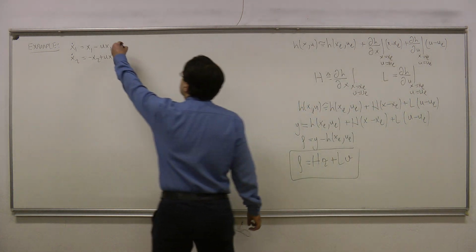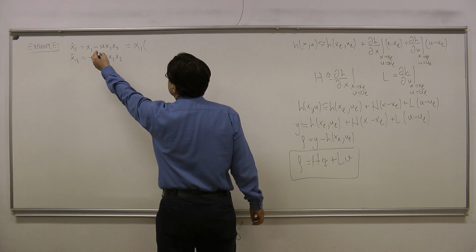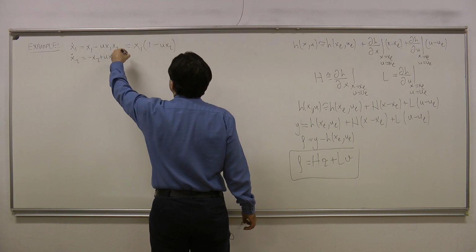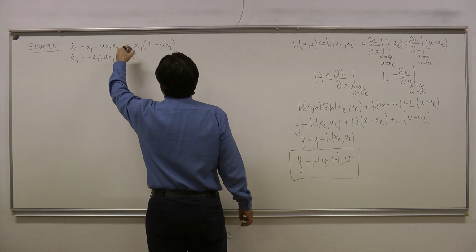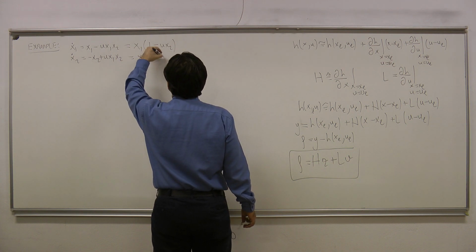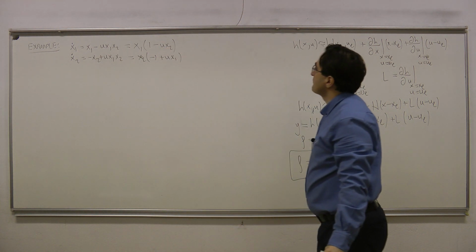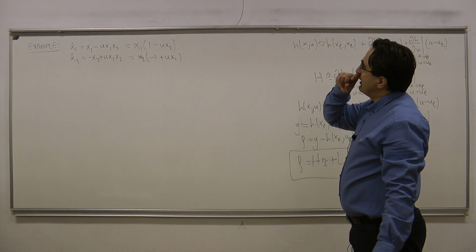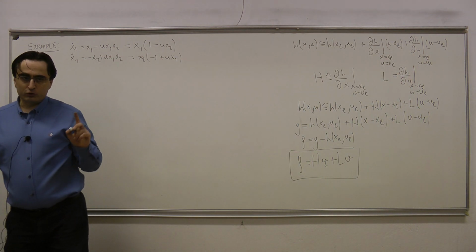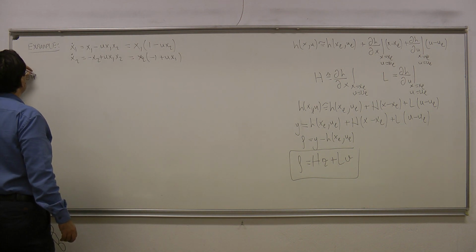So here the first thing that I'm going to do is to take x1 out in parentheses here. It's going to make things easier for later. So I have 1 minus u x2 here, and I can take x2 out in parentheses here, and that is going to be -1 plus u x1. All right. So now I can equate both of them to 0. The first thing that I'm going to do is to choose an equilibrium input. Suppose that